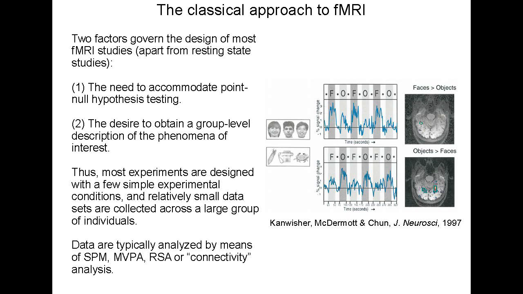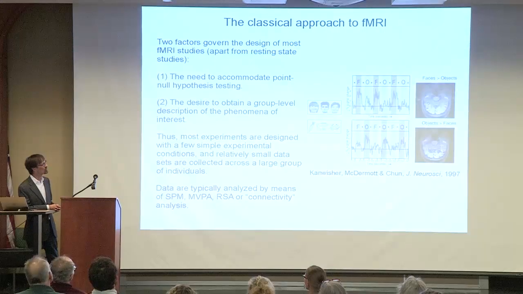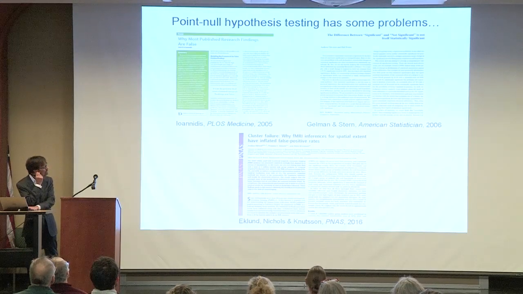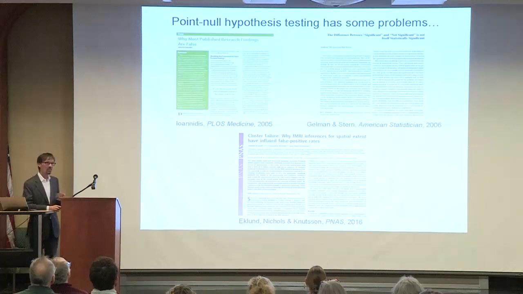And this is fine as far as it goes, but remember, if you had a brain area that, say, responded to bowling balls, and bowling balls were not in your image set, you would not be able to determine that this brain area actually cared about bowling balls, because if you only have a contrast here, you can only talk about faces versus places. So these methods don't tend to generalize very well outside of the exact experimental circumstances that were used to fit the model. This is a common failing in our field, in psychology. On top of that, psychology